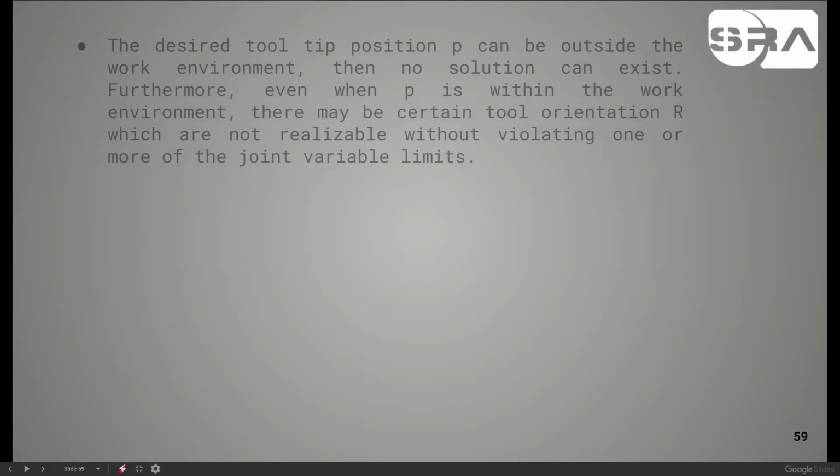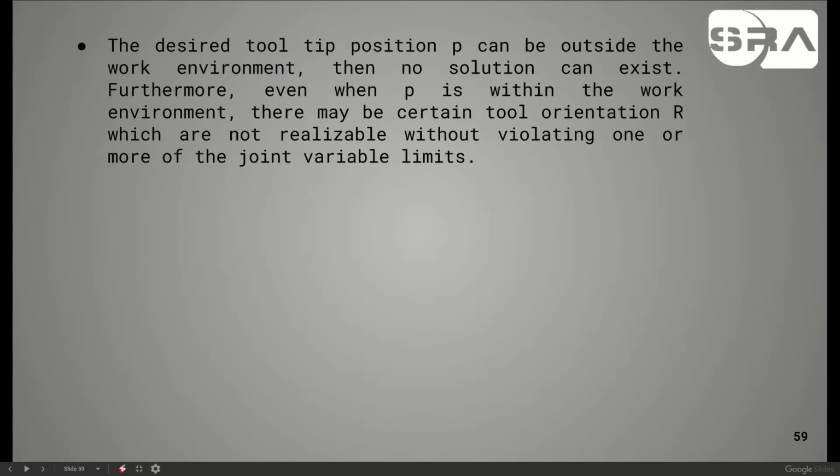Now the second reason is that we don't have a proper solution for inverse kinematics. Proper solution in the sense we won't always have a unique solution for the xyz that we put in. That is, for any given position, any xyz, we might have one solution, we might have many solutions, we might even have no solution for that. So that is one thing to keep in mind.